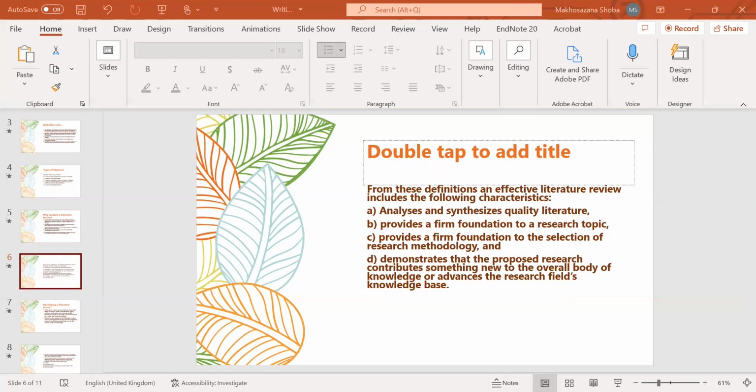It's also about being able to separate and connect relevant studies or relevant literature